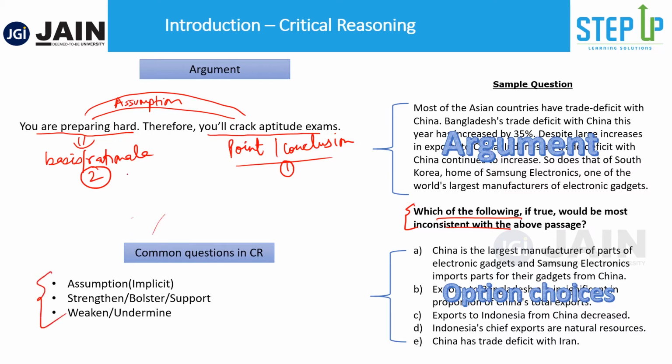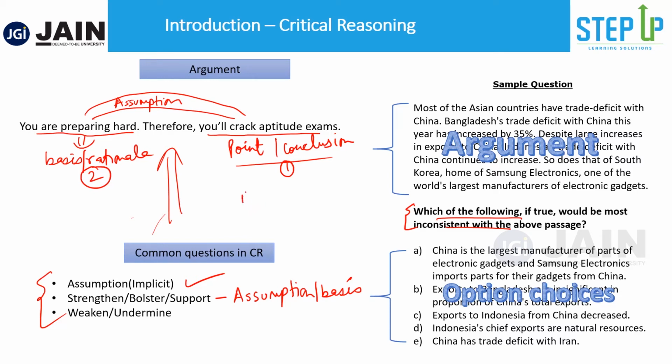So let's understand these three questions and let's try to apply the same on this argument, right? I think assumption is something that I've already discussed. So now if it says which of the following options, if true, can strengthen or support the above argument? Now if you have to support this argument, that means you have to say yes, you have to provide something which will say yes, the conclusion is right. So there are two ways you can do this. One, working on the assumption, or working on the basis of the argument. So if I give some additional facts or additional evidence to support this argument, I will strengthen the argument.